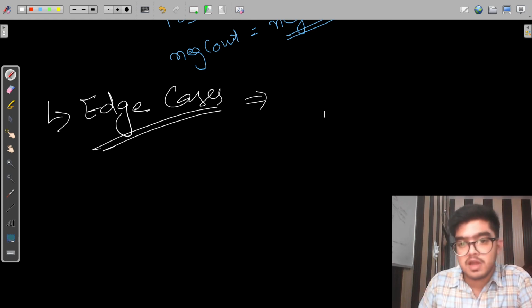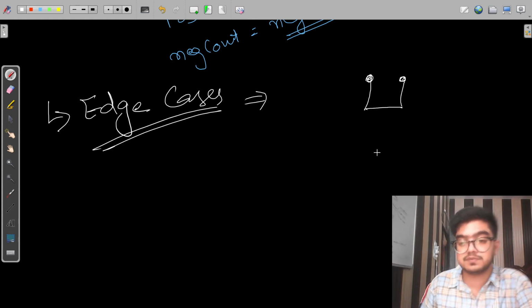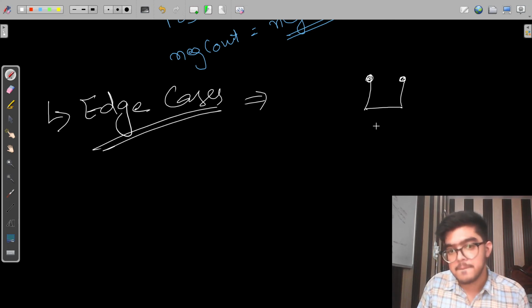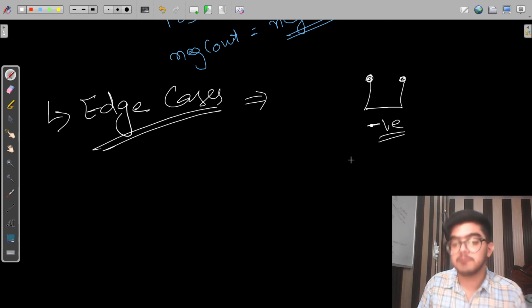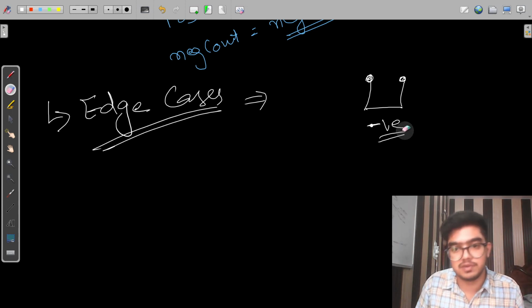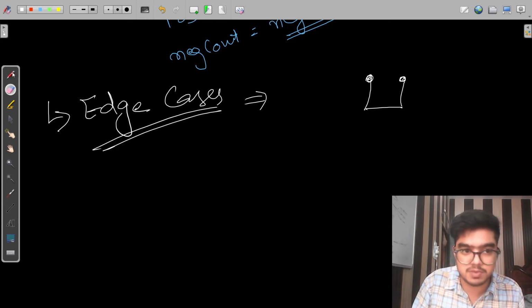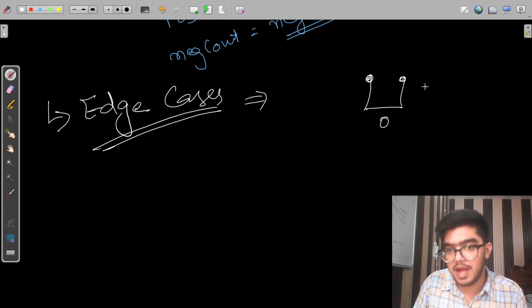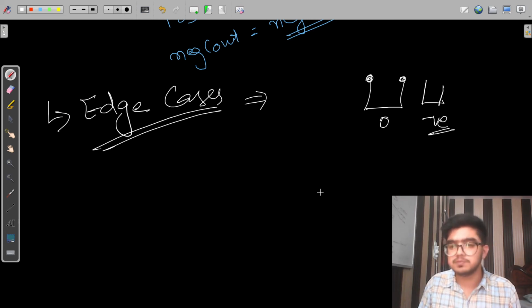Let's suppose from this point to this point we don't get any negative value, there is zero negative value. And at that position we are getting a negative value.